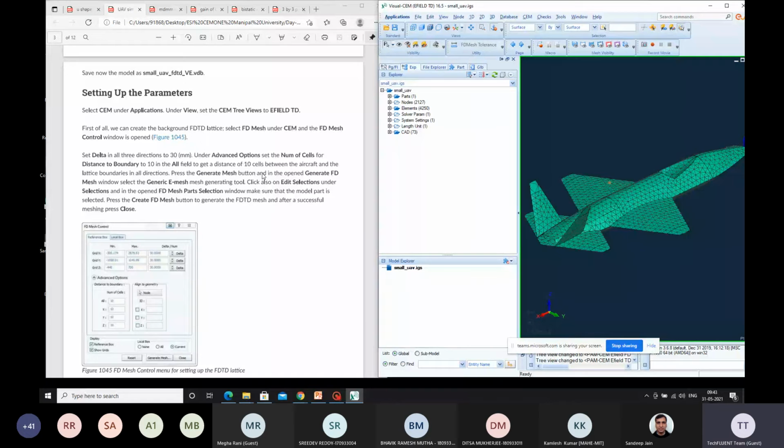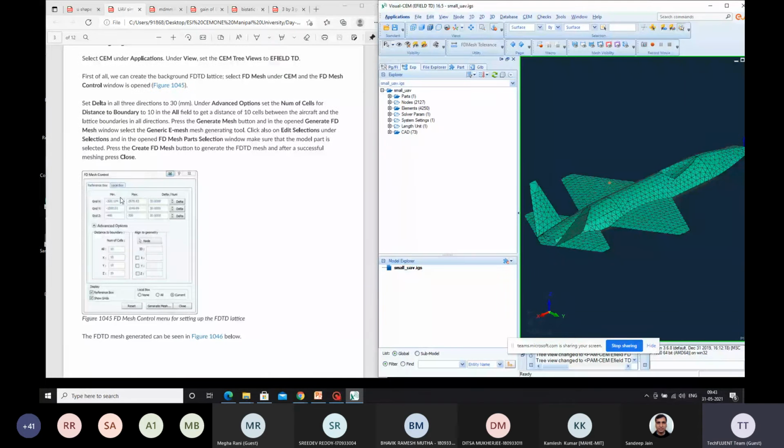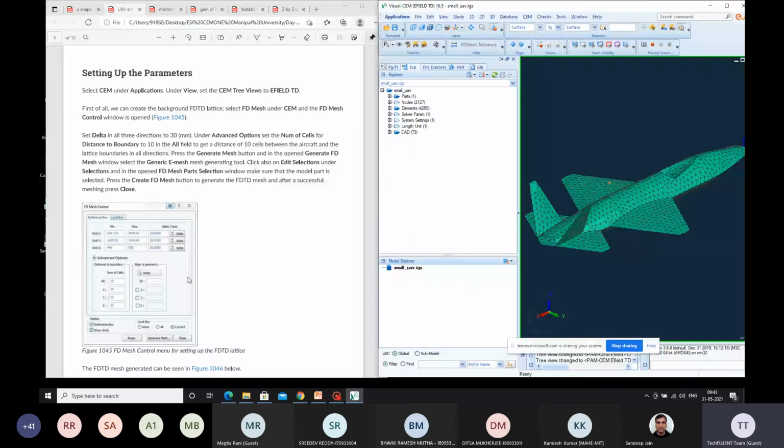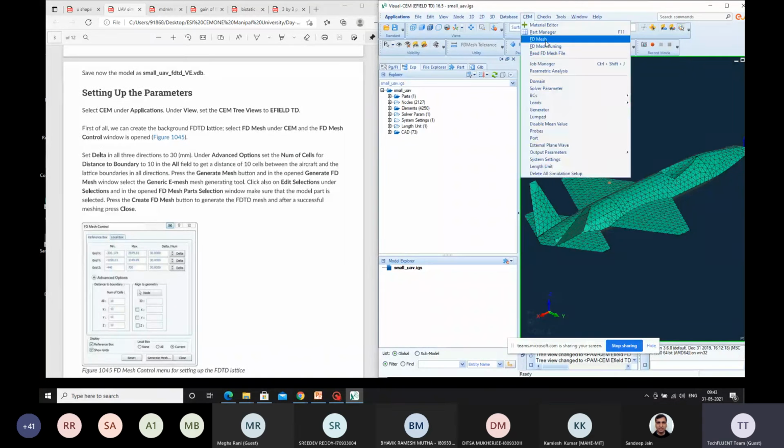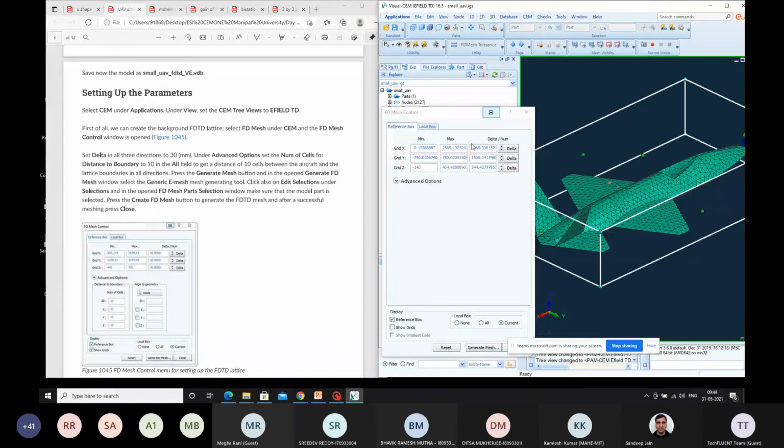So we have to allocate a boundary for this particular UAV, whatever you have created. We'll be using the same parameters. These parameters, as I've told you earlier, you can go for some approximations for this particular thing also. You can go for a box and then you can go for different things actually. So now go to SEM window, go to your FD mesh, sorry, FD mesh you have to go about. For FD mesh, we are getting this geometrical window. So let me just allocate a box for this.